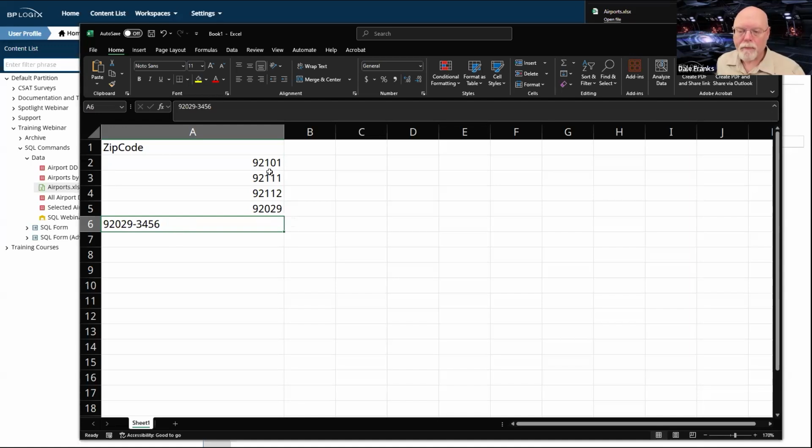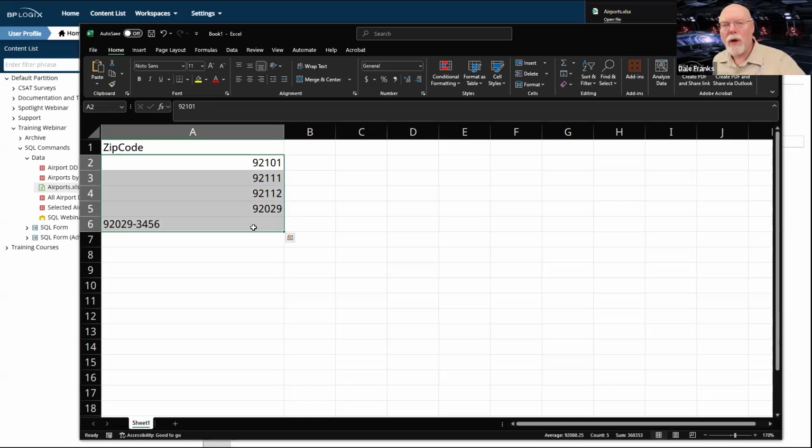But the problem lies in whenever you have a SQL statement with the order by statement, which we talked about last week, where we want to order it in a specific order. We can order it by name or by state or whatever. And if these are numbers, they will not sort properly when they're brought into SQL Server.